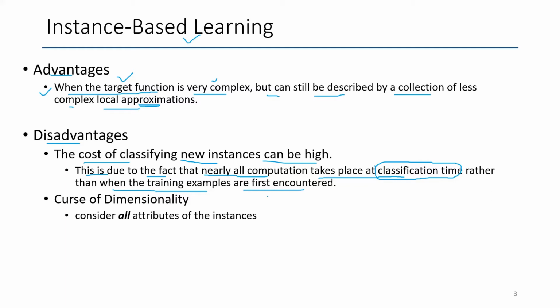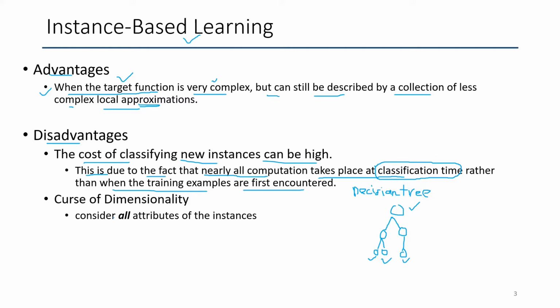This is in contrast with the decision tree. What happens in a decision tree? In the training phase we learn our decision tree, right? We utilize the training examples to build our decision tree, and during the classification task we simply refer to this decision tree. We don't look into the training examples; we just refer to the decision tree and predict the label, right? But what is happening in KNN? For each prediction you have to refer to all the training examples.